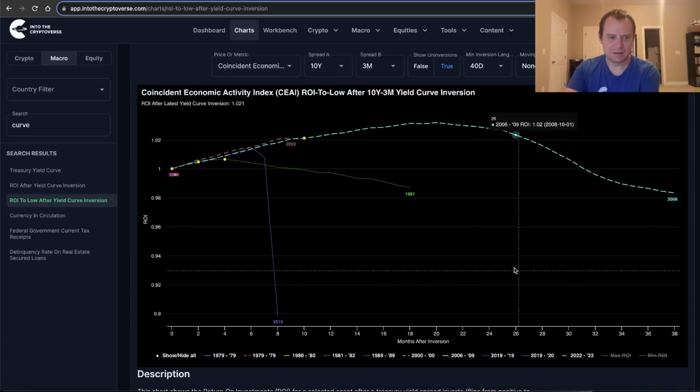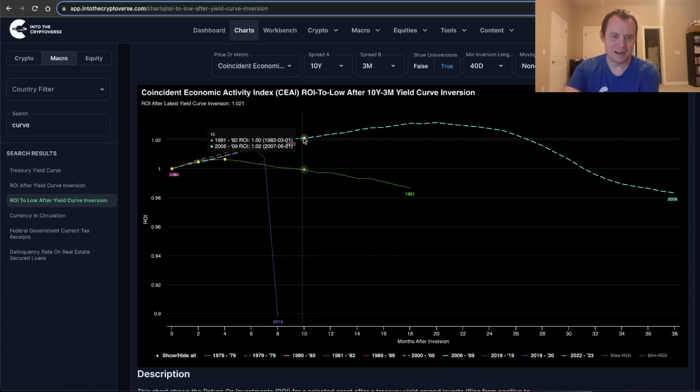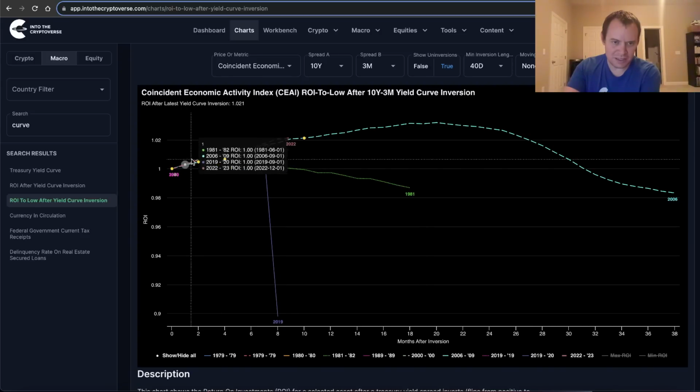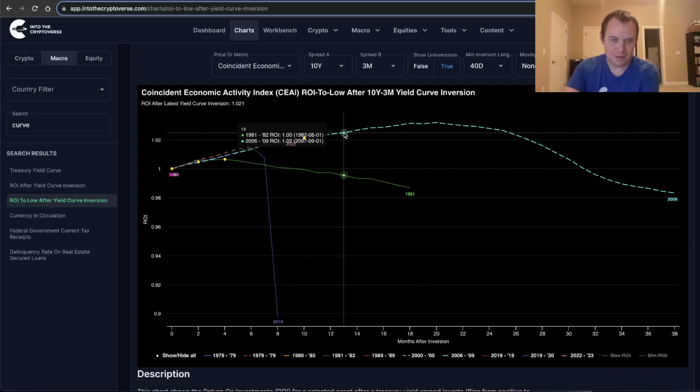This is what it looks like, right? And what is it tracking the closest with? The financial crisis, in fact, right? This light blue line up here, that's the financial crisis. This orange line, this is 2022, that's the current cycle, right? That's what it's tracking the closest right now.